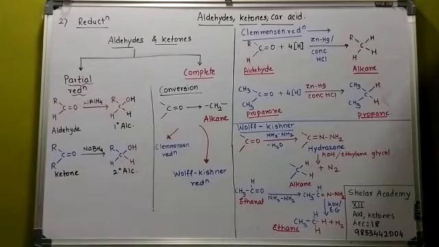Clemmensen. Now when I say Clemmensen, right hand side में देखो, Clemmensen का reagent is what? It is zinc amalgam and concentrated HCl. What is the reagent used for Clemmensen reduction? It is zinc amalgam and concentrated HCl. And how many nascent hydrogen atoms are required here? 4.